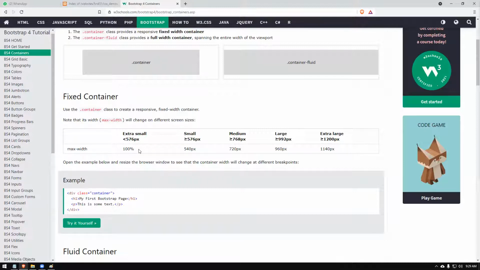So there are some media queries and all. They are explaining the common sizes of screens. So extra small, small, medium, large, and extra large screens are there. This is the screen resolution sizes they are talking about. If a resolution is less than 576 pixels, we say it's an extra small screen. Things like that.